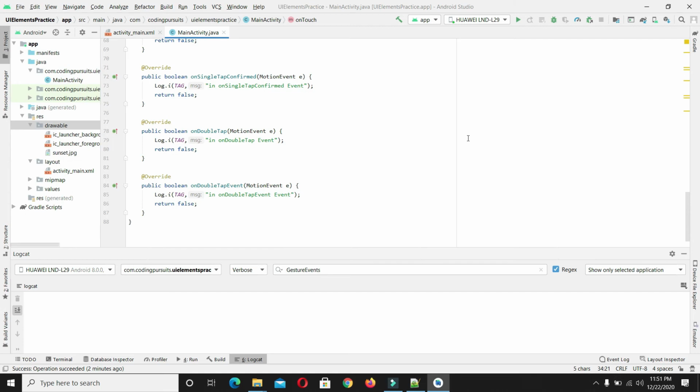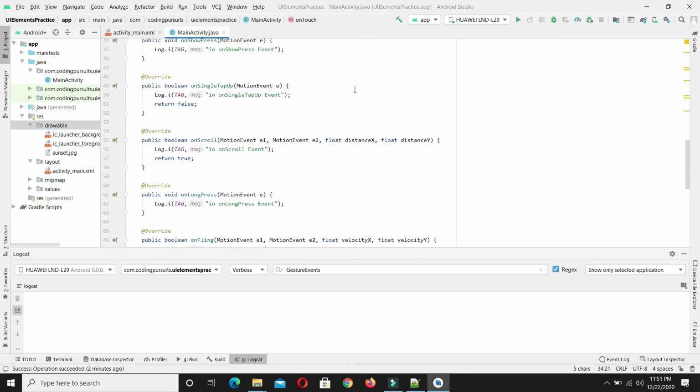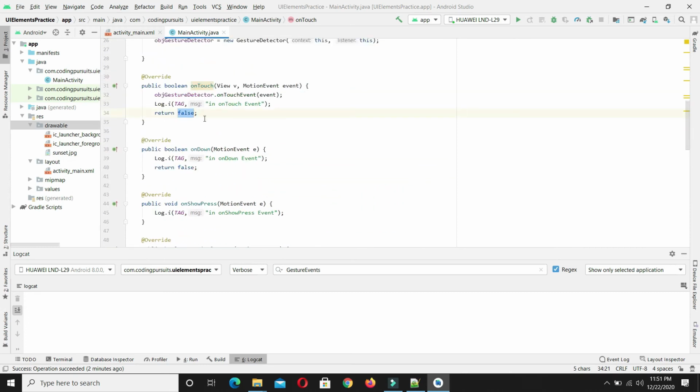Now one last thing, we have to search for our onTouchEvent, and here we have to set the return type as true. So boom, we are all set.